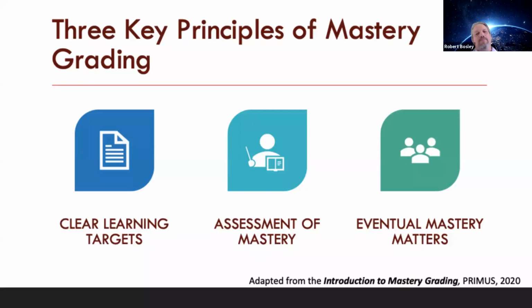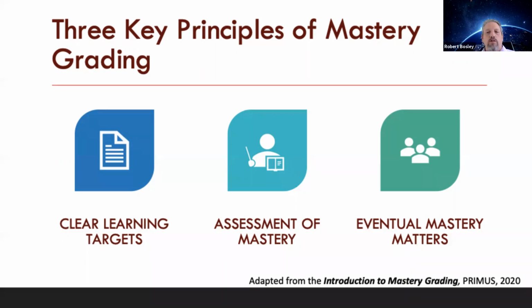So does it matter if a student can get it at the end of the unit? I mean, if they can, that's great. But should a student that needs a little bit more time, but does still eventually get there, be punished that they started off needing more help, that they started off needing longer to process and understand and learn those specific skills or learning targets? So in traditional grading, they are punished for that early stuff. So it's almost, if you're taking a course that you actually need to learn something, you get punished for not already knowing it. Whereas in mastery grading,